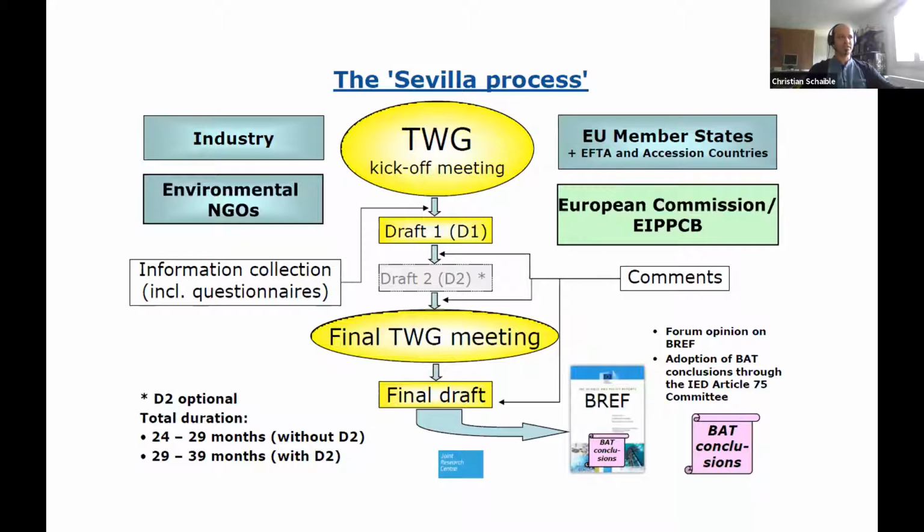You have also the EU member states, which are involved, and industry concerned plus environmental NGOs. And for the environmental NGOs, it's basically the EEB who kind of coordinate this for the NGOs. There are other NGOs who are also formal participants in this process, but they have been only involved in, for example, the chicken and poultry BREF, plus the large combustion plant BREF.